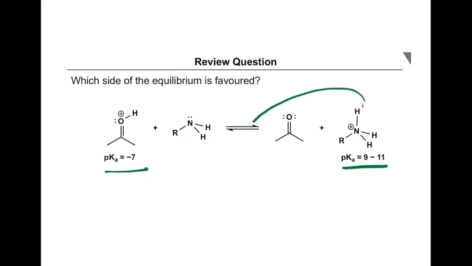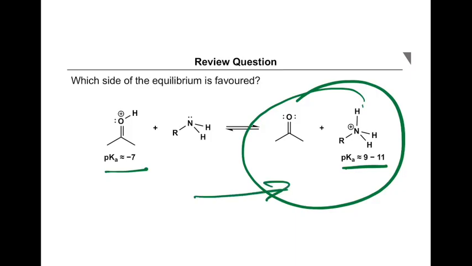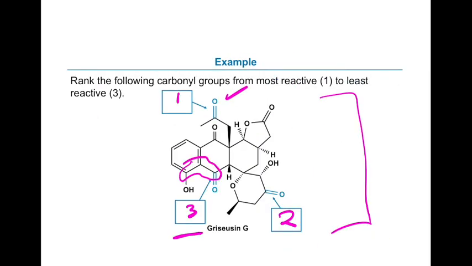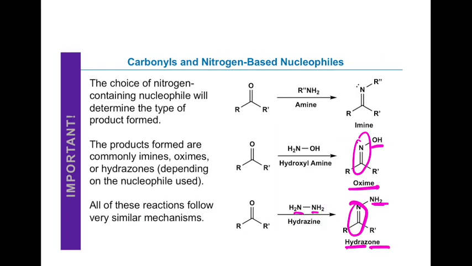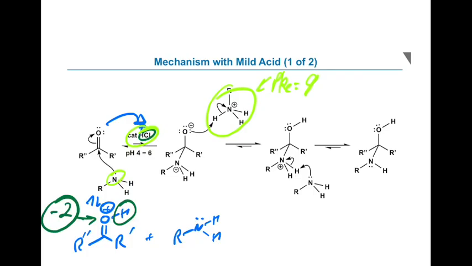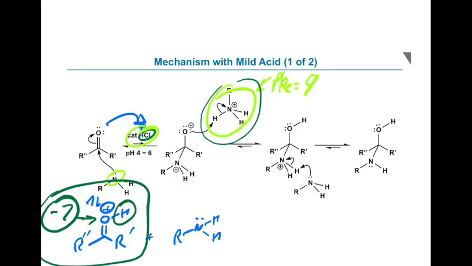This equilibrium very, very certainly lies in favor of the weaker acid and weaker base. Stronger acid, stronger base are on this left side here. So we have the same thing kind of going on in this mechanism. Trying to protonate this carbonyl, this would be, sorry, just double correcting it, it's -7. This is a very, very, very strong acid, and this is a weaker acid. Stability and proton generally will go via this way to make this zwitterionic intermediate.